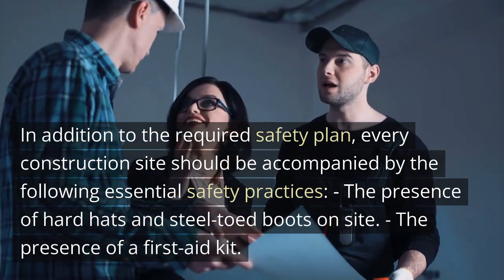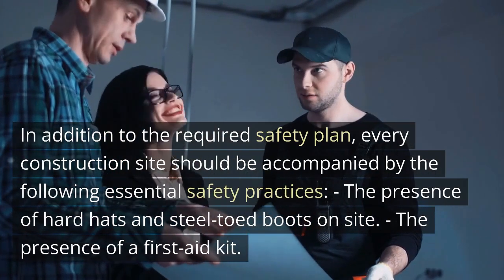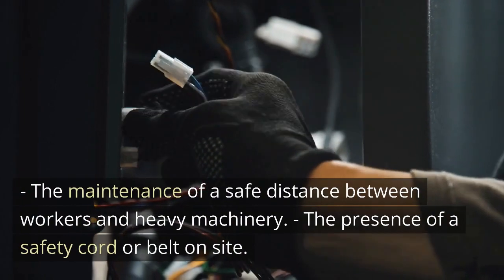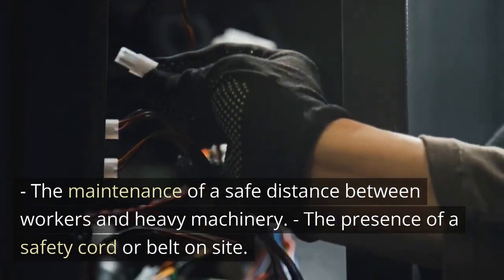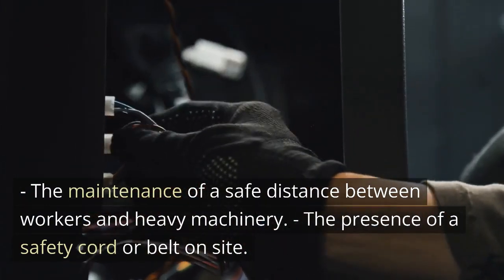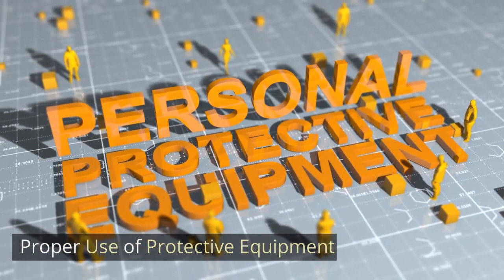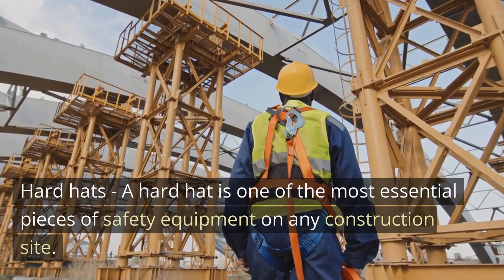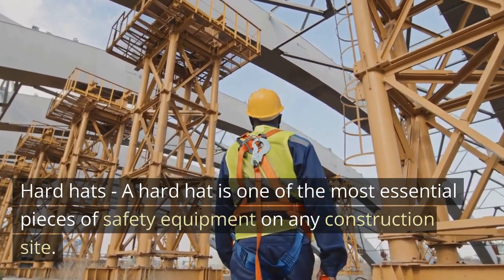presence of hard hats and steel-toed boots on site, the presence of a first aid kit, the maintenance of a safe distance between workers and heavy machinery, the presence of a safety cord or belt on site, proper use of protective equipment. Hard hats. A hard hat is one of the most essential pieces of safety equipment on any construction